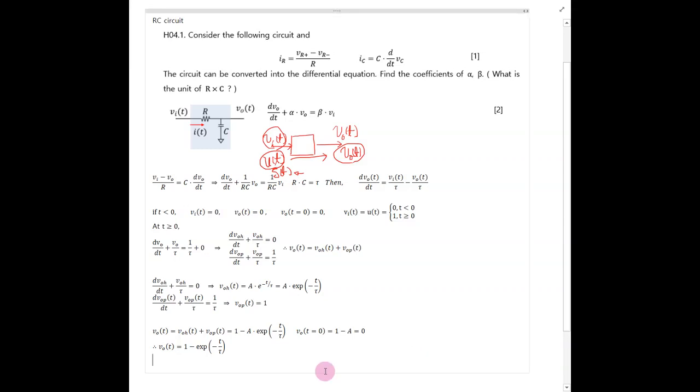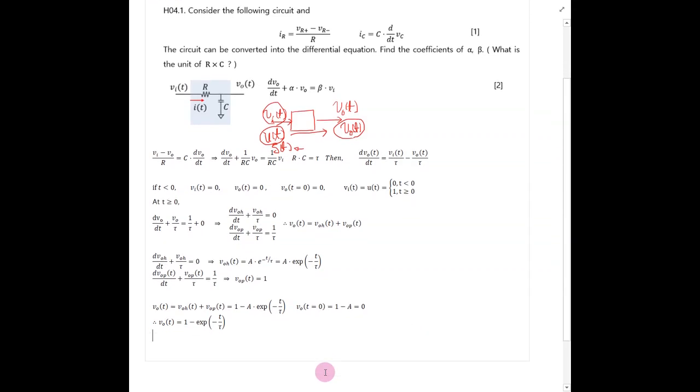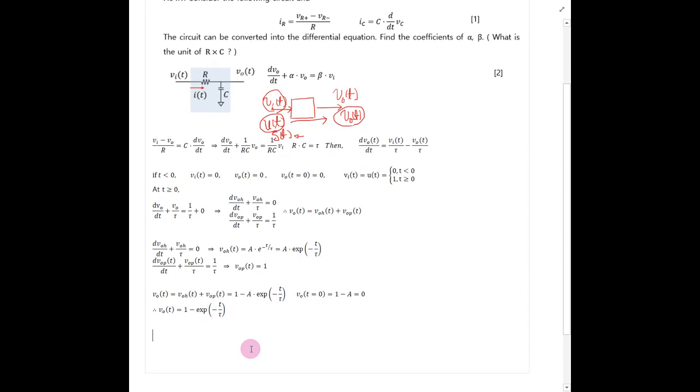Okay, at this moment we figure out the unit step response. It means that if we applied input, we tried unit step, then the output is given as 1 minus exponential minus t over tau, and